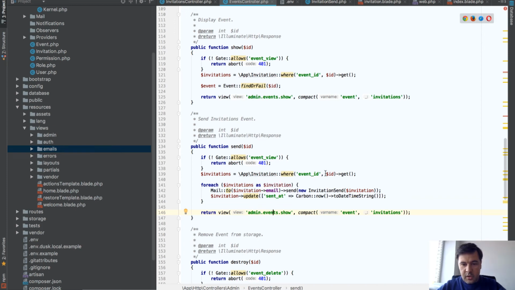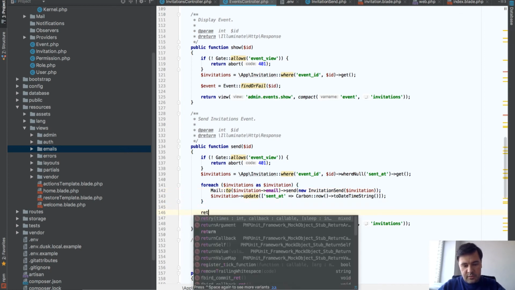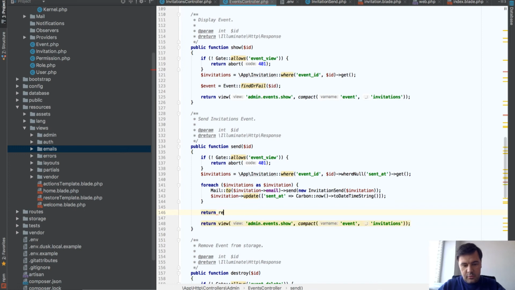Invitation where event and where sent at null, basically meaning not sent yet. So yeah, we get that invitation, update, and then return, actually redirect,